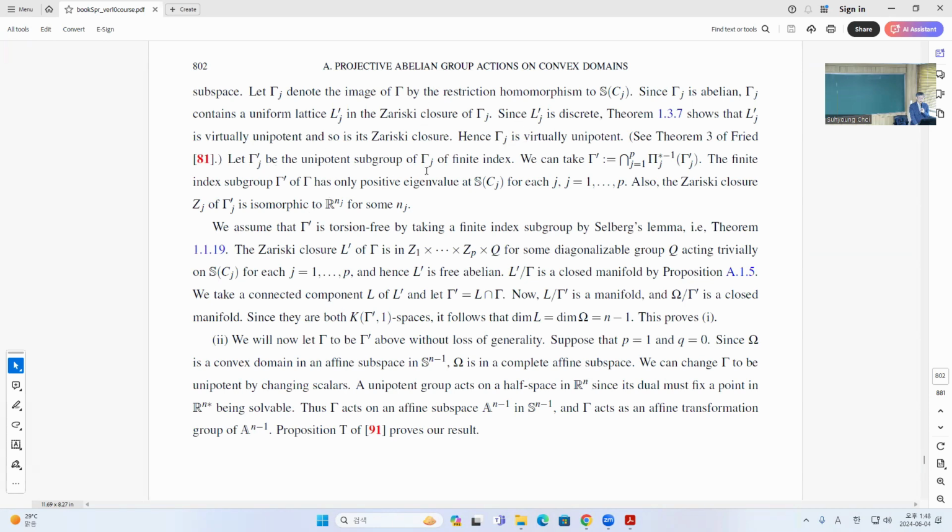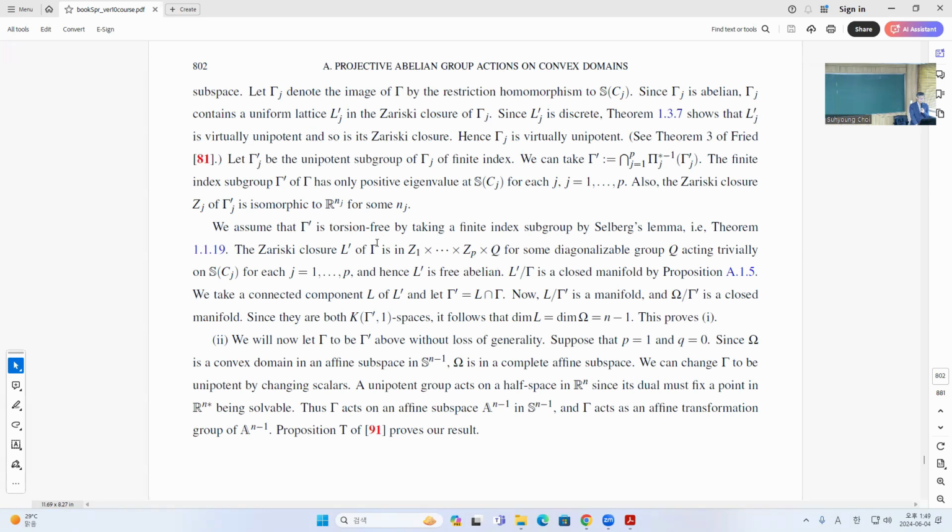So there's a unipotent group here, and then you can take the intersection of the inverse images. So these are now going to be all just unipotent, up to scalar. So this should be a scalar unipotent group. So these will have only positive eigenvalue here. So if you have only positive eigenvalue and it's unipotent, then the Zariski closure will be free abelian. Okay,